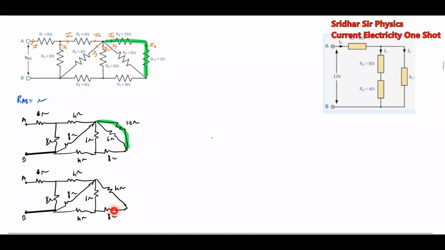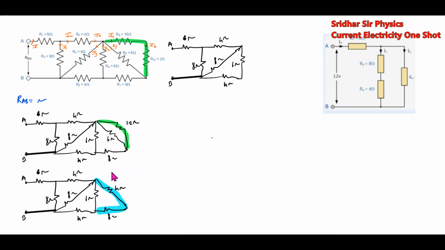Now how are these two? 4 ohm and 8 ohm, the same current flows, so they are in series. The effective will be 4 plus 8, which is 12. So here I'm bringing in that 12 ohm. Now 12 and 6 ohm, how are they? They are in parallel. So the effective of these two will be